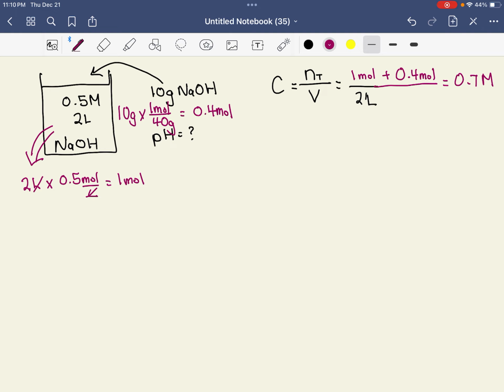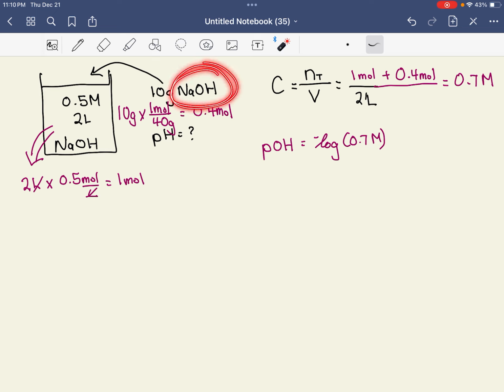Okay. So time to do pH. So pOH is equal to negative log of 0.7. Now remember, how come I didn't multiply anything here? I didn't do that last time. Well, because this is NaOH. Remember? One of these yields just one of these. So negative log of 0.7 is